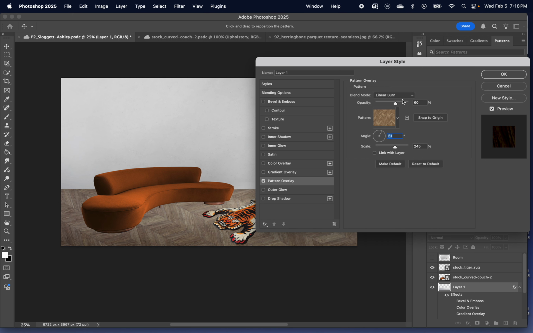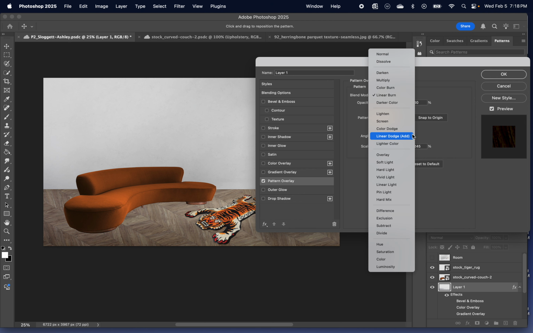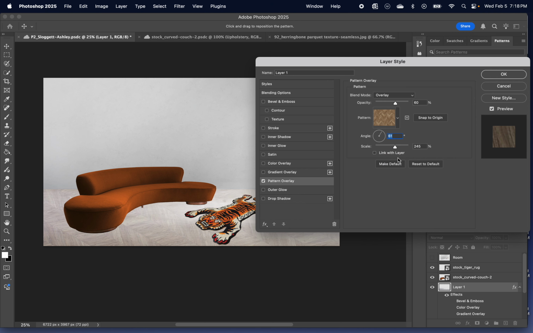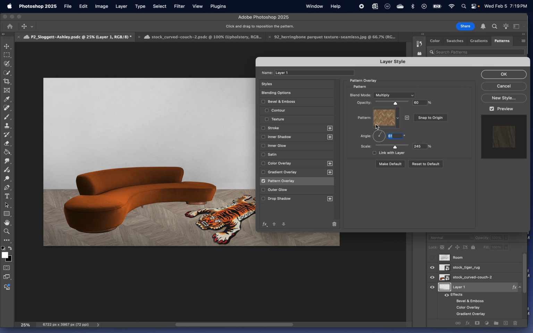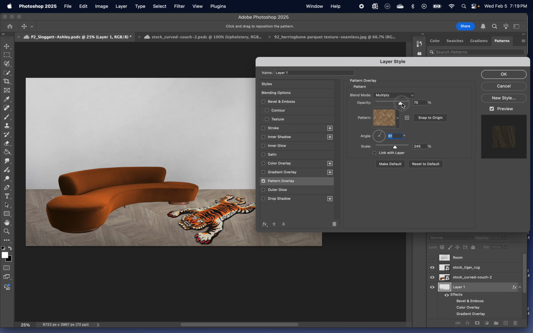Linear burn, that's a very kind of harsh one. Overlay is often popular, depending on what you're using. Again, if you're doing a lot of light stonework and stuff, overlay can be really pretty. But again, it's more about just play with it, see which one looks real and believable to you. I'm kind of old faithful to multiply, and then I just change the opacity, right? It's funny, this one I don't love as multiply. I think I'm gonna keep it as darken actually. Okay, so